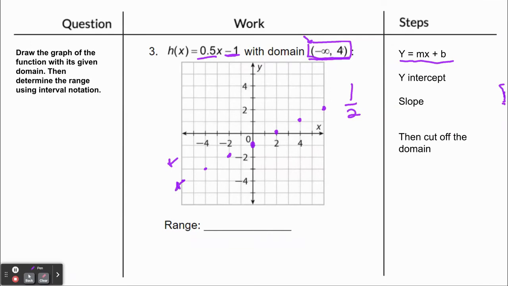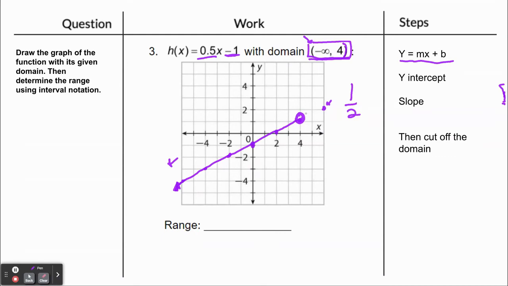But now the positive value here, or the farthest to the right that it goes on the domain, is +4. And it does not include it because I have a parenthesis here and not a bracket. It's going to be an open circle here at the x value of +4 and nothing to the right. So what my graph should look like is it should include all of these and then go on forever to the left,